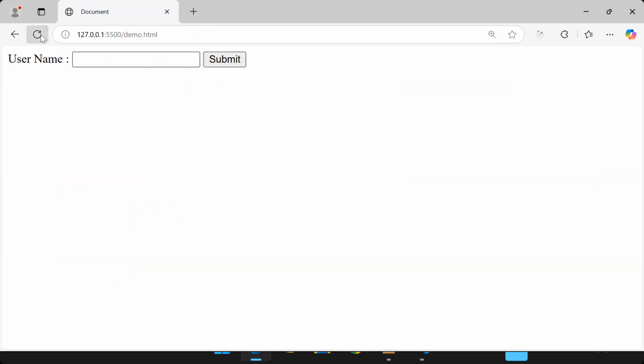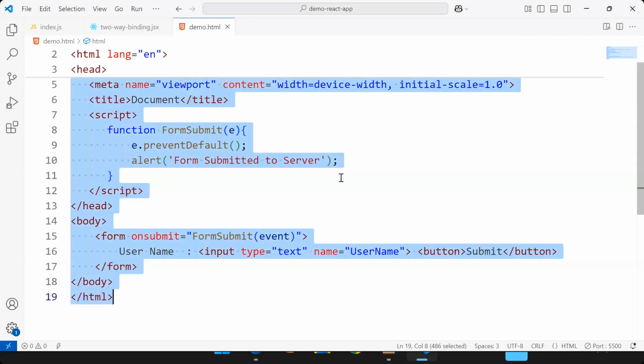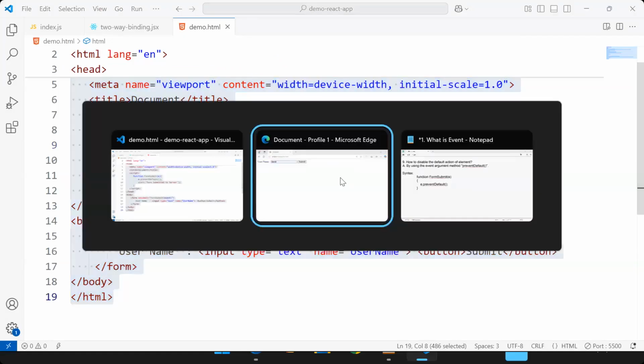So this is now ready. I entered some name and click on submit. It shows the alert, form submitted. After that, it is not submitting in the URL. That means it is not doing the default functionality. It is just performing only what we asked it to do. So we can stop default functionality. That is possible by using this technique. This is mostly used and required for